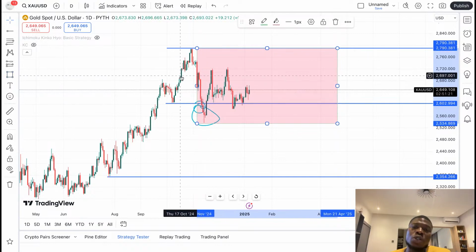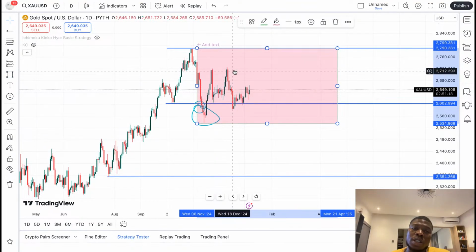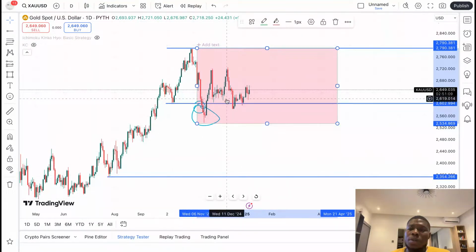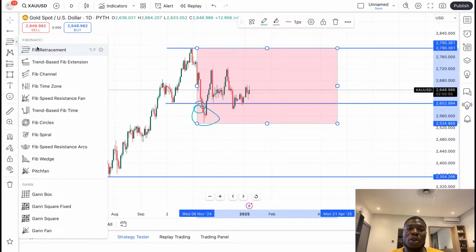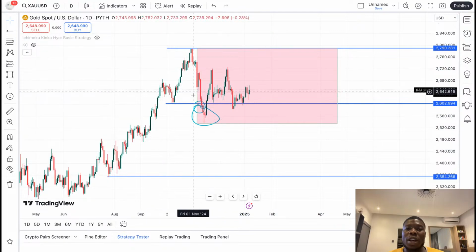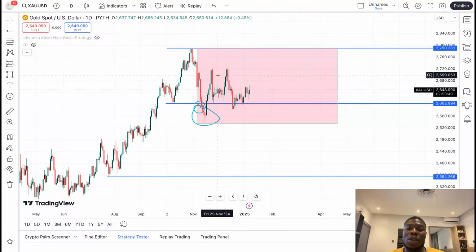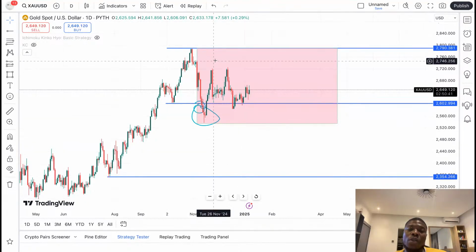So whichever pattern you want to use on one day on gold on this area, it must be a pattern that works in a ranging market. So if you make the mistake of using a pattern that works in a trending market on this area, that means your strategy will fail. If you're using Fibonacci retracement on this one day, that means your pattern will not work, because Fibonacci is a trending tool. So whichever strategy you're using here should be the one that is meant for a ranging market.